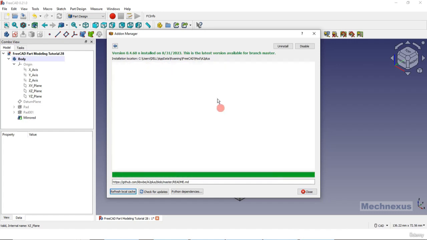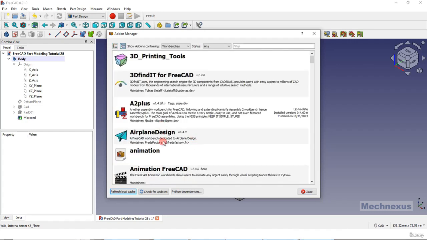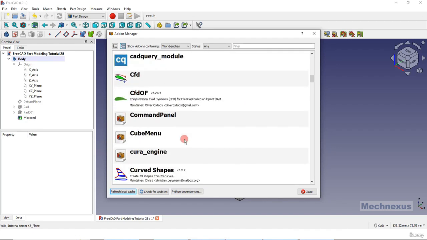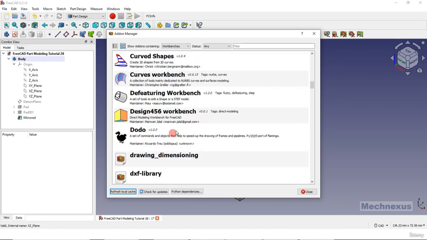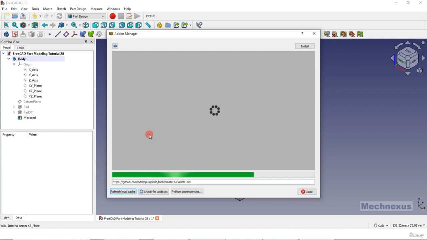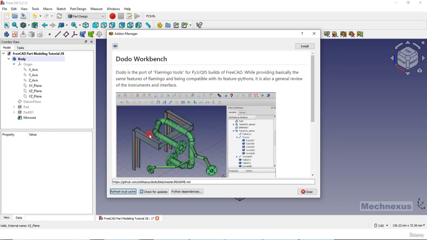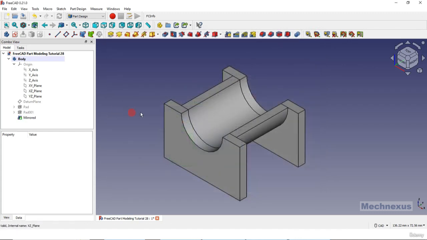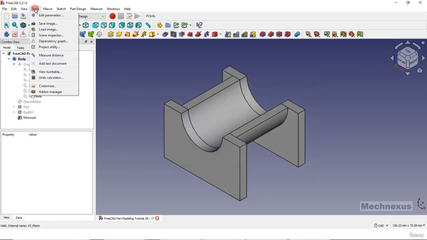I have already installed it. To install any workbench, just select the workbench and install it. For example, this Dodo workbench, you can just click on install and you can install the workbenches. So this is the workbench